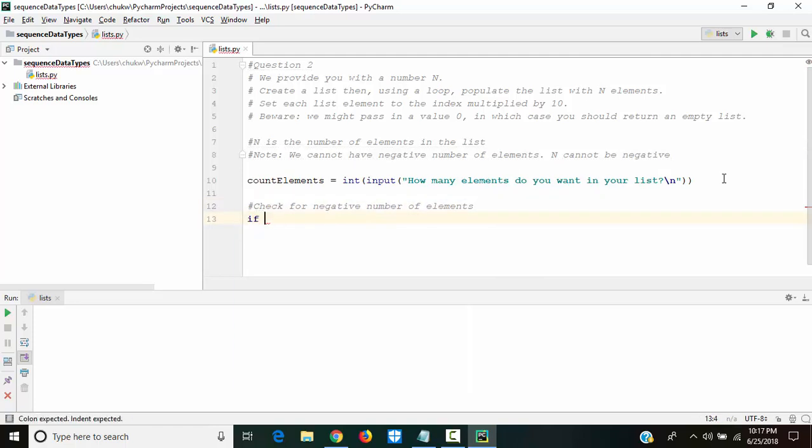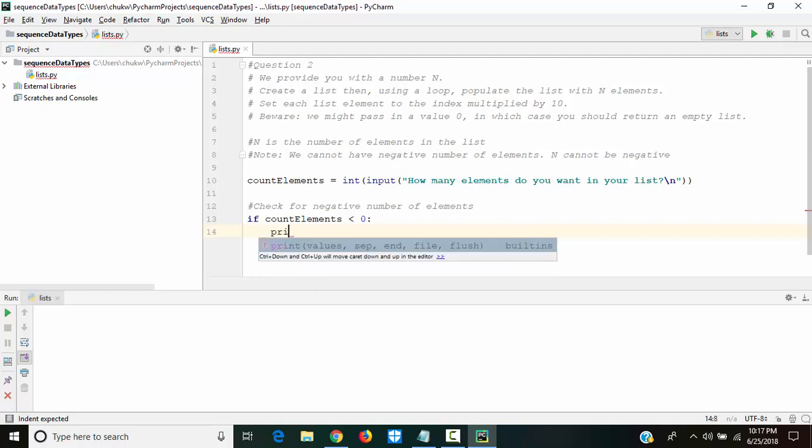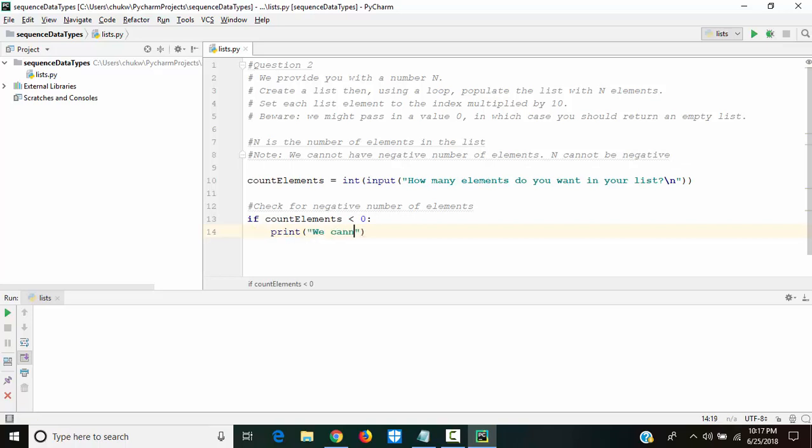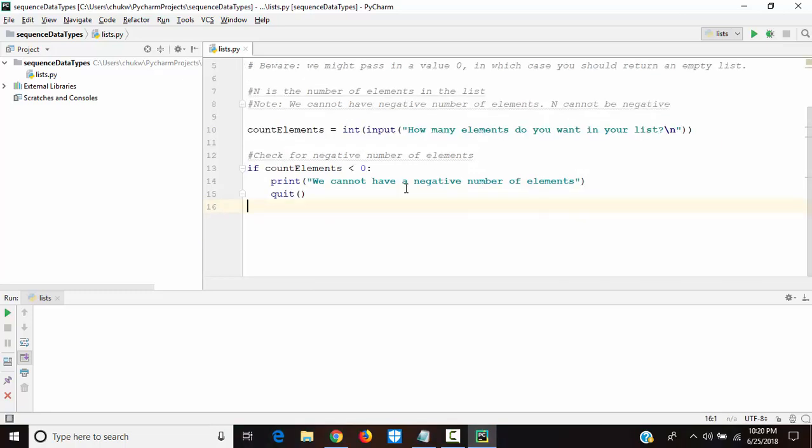If count elements is less than 0, because less than 0 is a negative number, print we cannot have a negative number of elements. The next one, if count elements equals 0, then